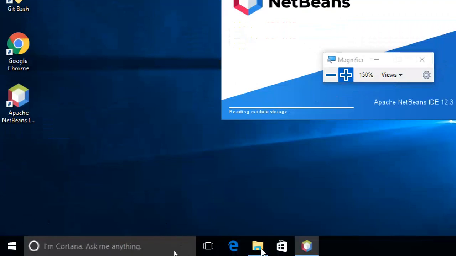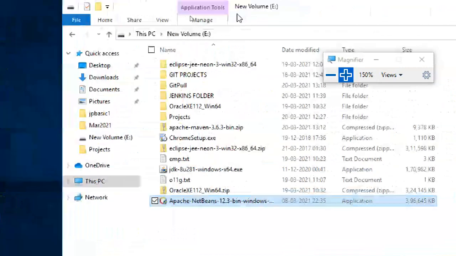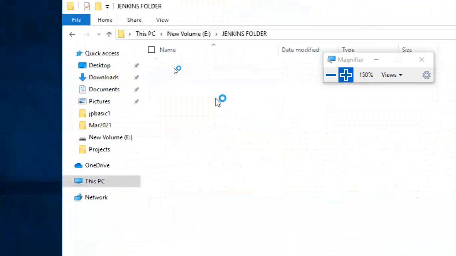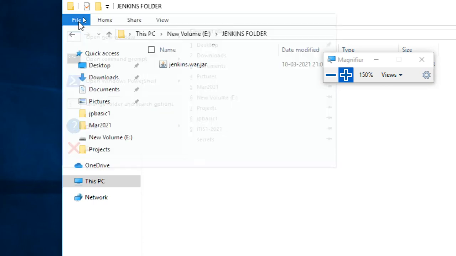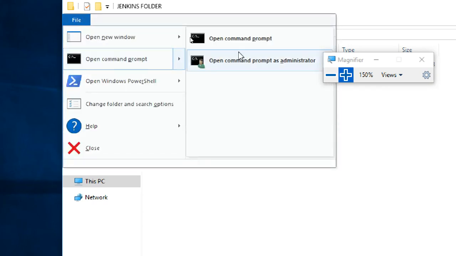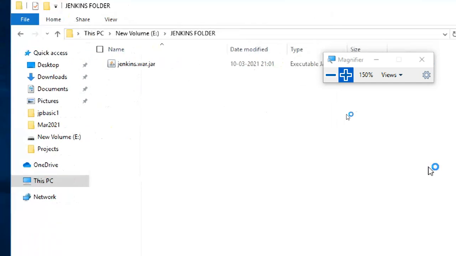Yeah, I forgot one thing. I have to start my Jenkins, right? So I forgot this one. This also will take time, and the system will go slow because of it.